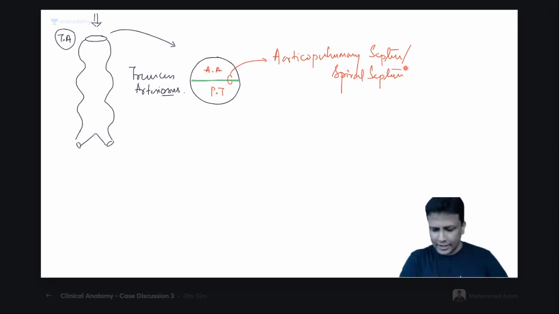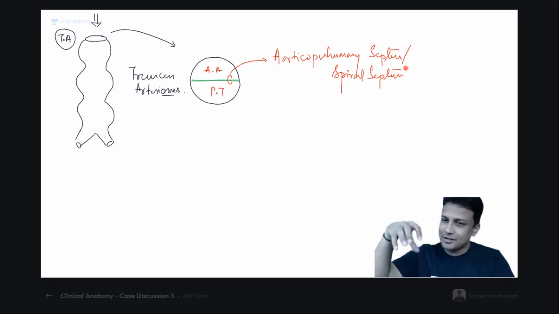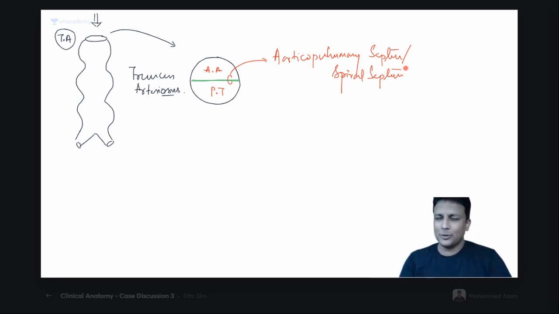Is it okay? And now let us finish one question here. Sir, you told that truncus arteriosus, agreed. You told there is a formation of a septum, agreed. Everything is fine till here. But as a first year MBBS student right now, I'm getting a doubt in my mind. From where are you getting this septum, sir? Suddenly, where is the septum forming from? Remember, this septum will be derived from the neural crest cells.